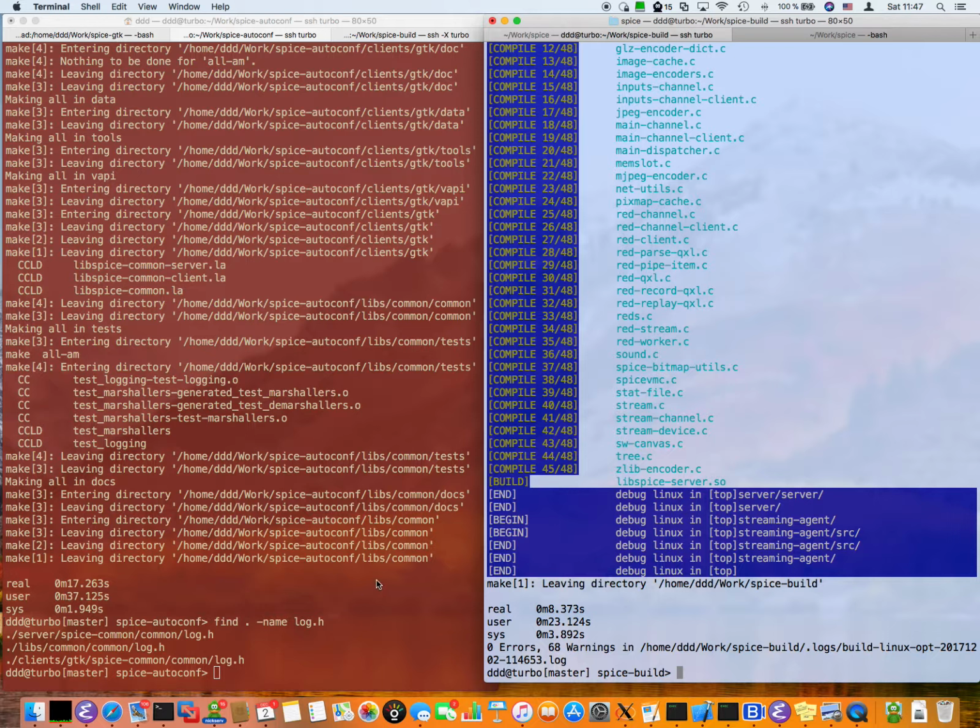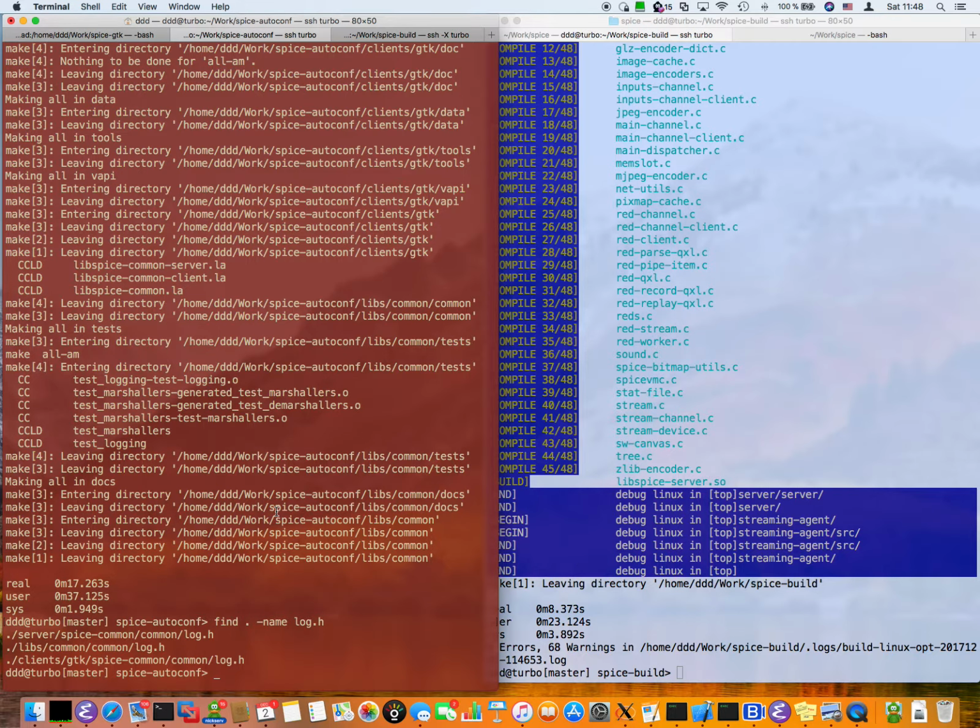So there is an important difference when you're changing shared components, is that the dependencies are dealt with automatically with the make-based system and not with AutoConf. You have to install the steps in the middle. And that's about it for these two build systems. Oh, let me just show it.